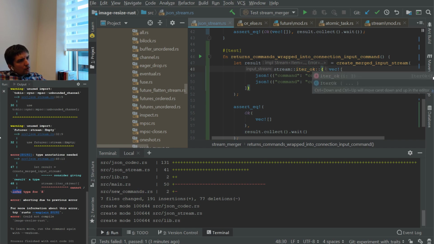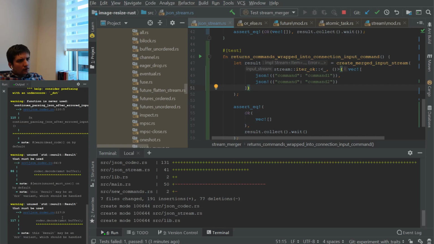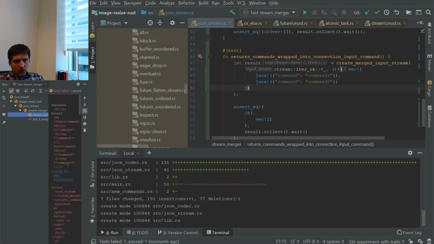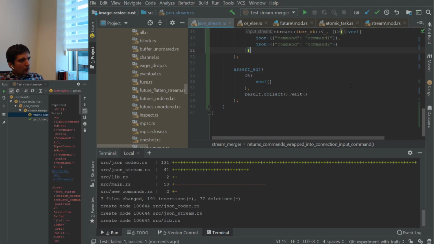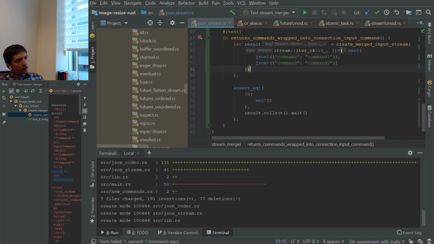Yeah, iter Ok, and here I need to specify type for error, and for error type is gonna be this one. Let's see. Okay, now the test looks better, and the data in test looks better too. Now I can just validate that